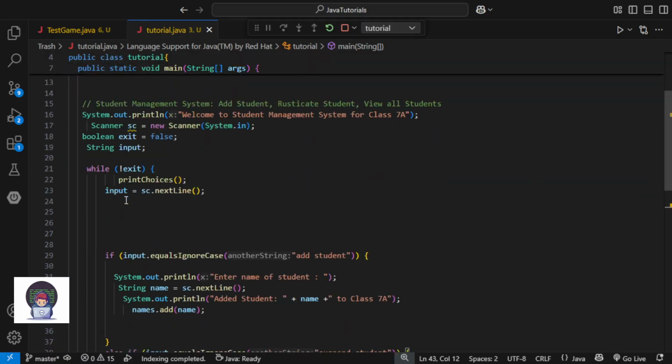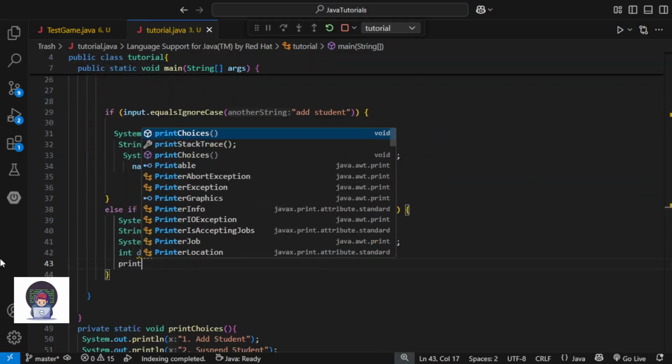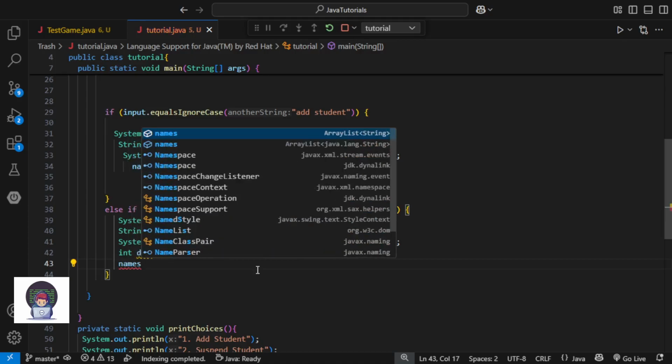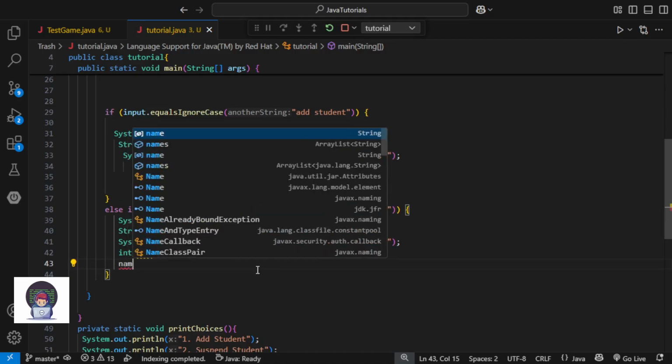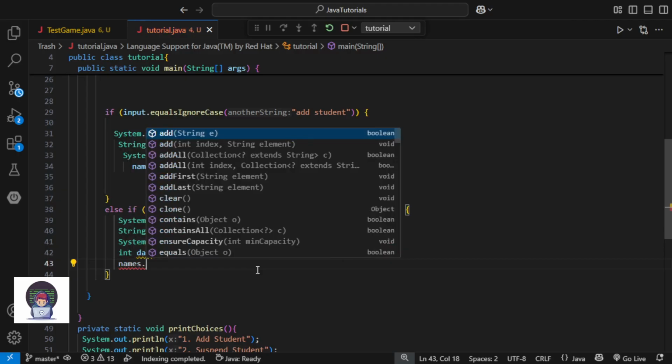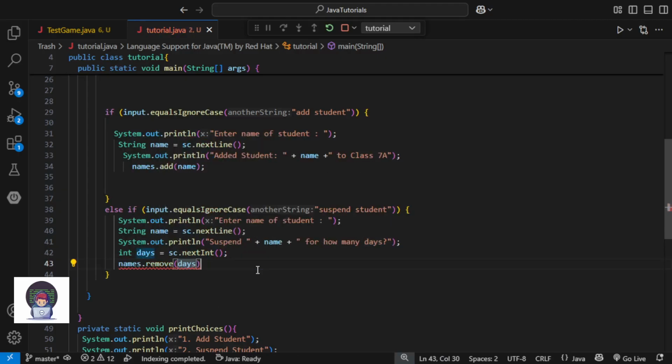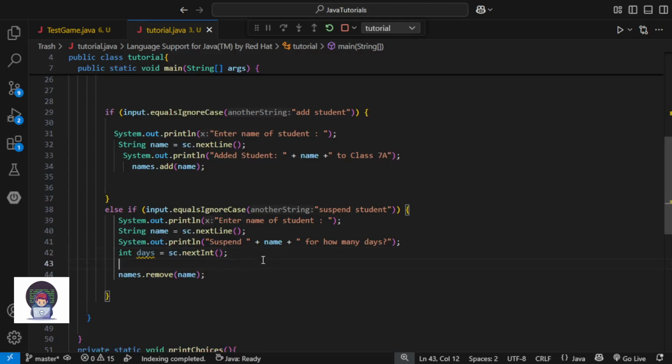And now what we will do, so like, okay, we will do names. First of all, we will delete its name from the array. Names dot delete. Okay, not delete, remove. Remove name. Okay, now that's that.